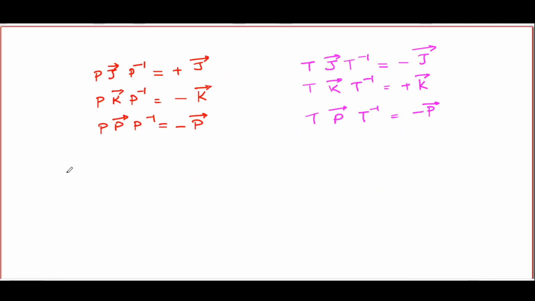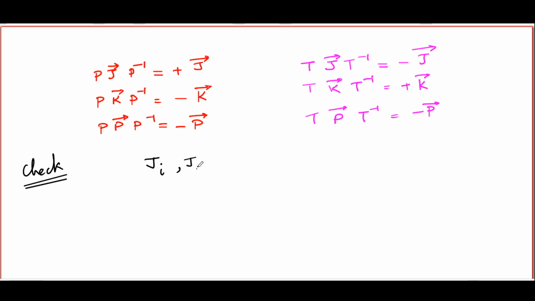Now that we have these transformation equations for the angular momentum, boost generators and momentum operators, a concern that could be raised is the following. We already know of commutation relations between these operators J, K and P vector. Are these transformation equations consistent with those commutation relations? So just to check, let's start with the most familiar commutation relation of them all,